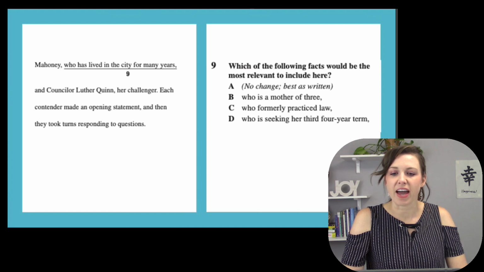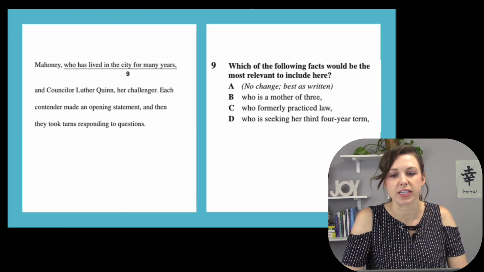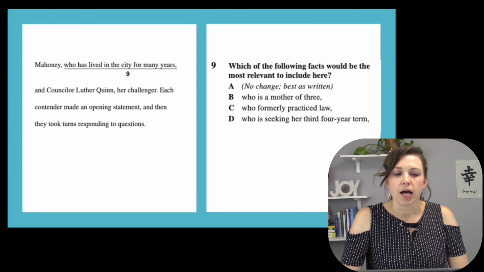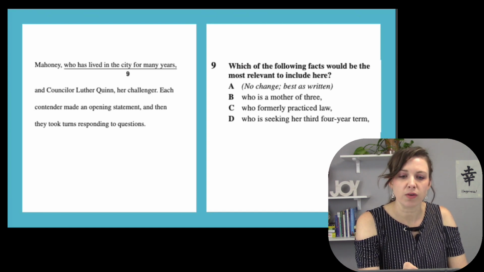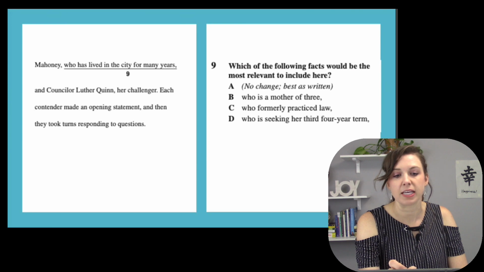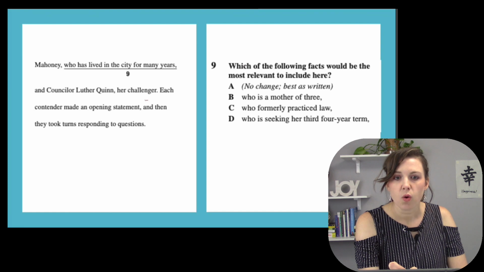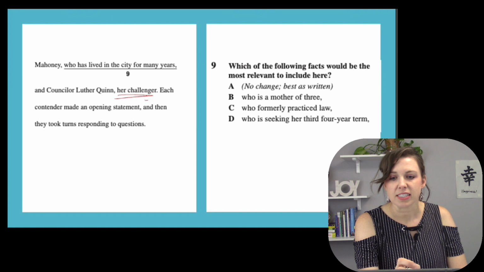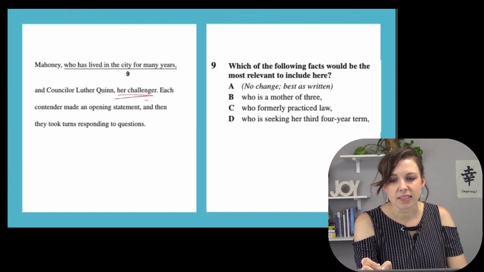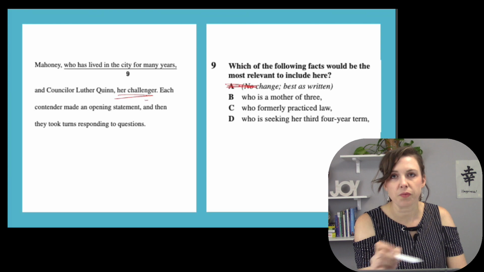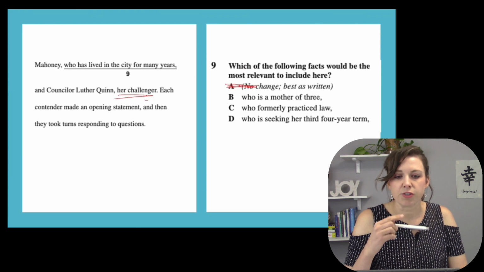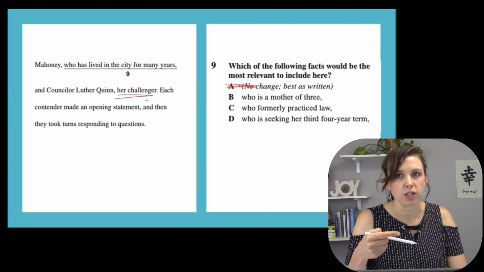9. Which of the following facts would be the most relevant to include here? So let's read our sentence here. Mahoney, who has lived in the city for many years, and Chancellor Luther Quinn, her challenger. We have here the challenger, and then does it matter if she's lived in the city for many years? Does that really relate to it? Not really, right? We want to know if Chancellor Luther Quinn is her challenger, then